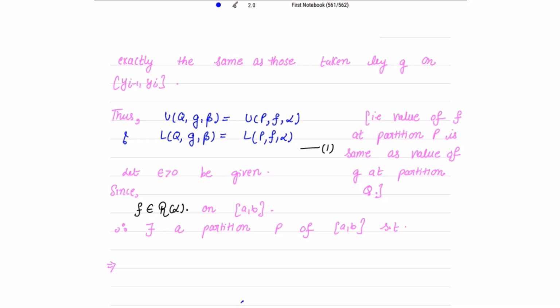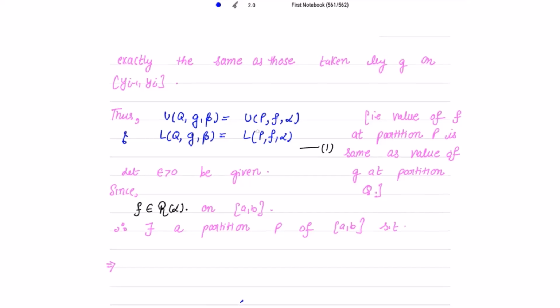So the values of f at partition P are the same as the values of g at partition Q. Now the third thing given to us is that f is Riemann integrable with respect to alpha. So let epsilon positive be given. Since f is Riemann integrable with respect to alpha on the closed interval [a, b], there exists a partition P of the closed interval [a, b] such that